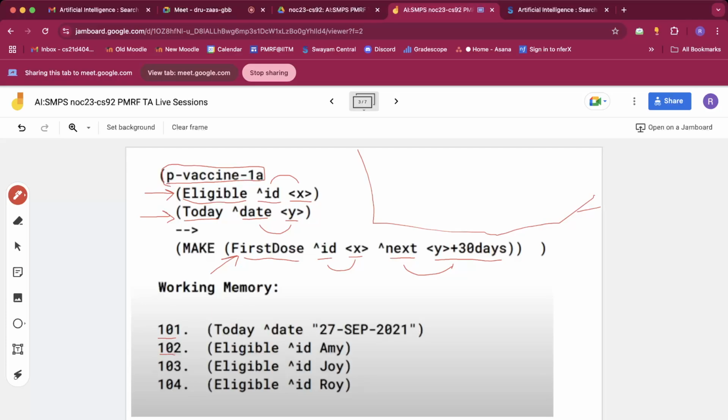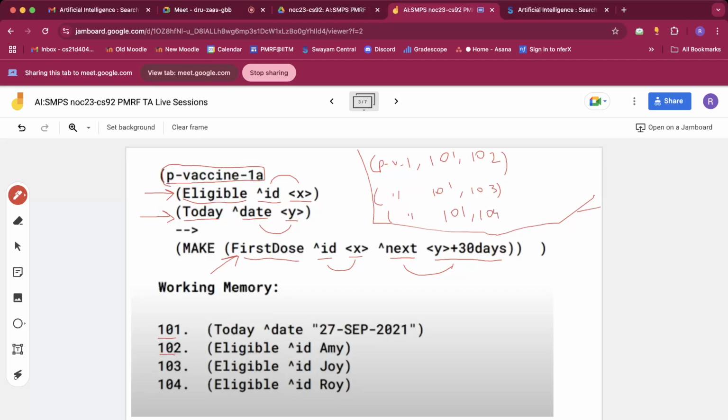Okay, so the first would be P vaccine 1A. I'm not writing the whole thing, I'm just writing this. This is the name of the rule, and this can be used along with 101 and 102. This can also be used along with 101 and 103, and similarly this can also be used along with 101 and 104,